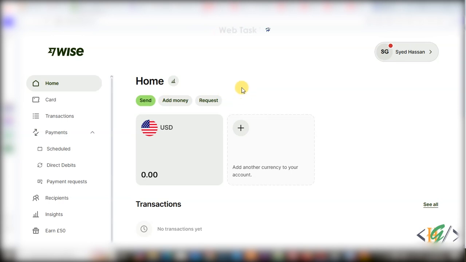Bismillahirrahmanirrahim. Assalamu alaikum. My name is Hassan, and today we are going to transfer money from a Wise account to a local